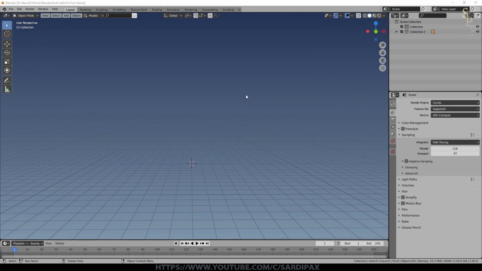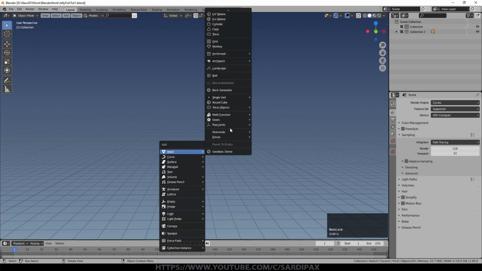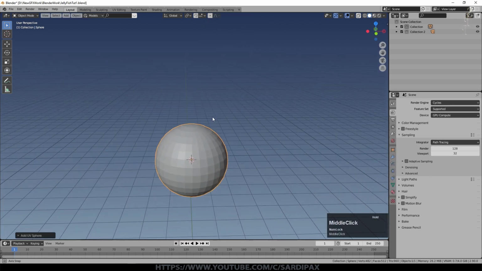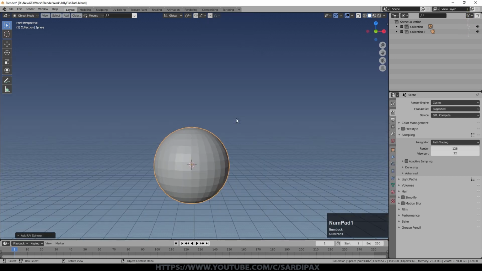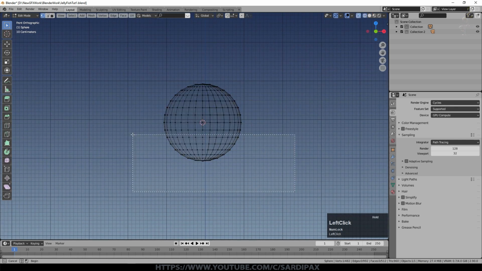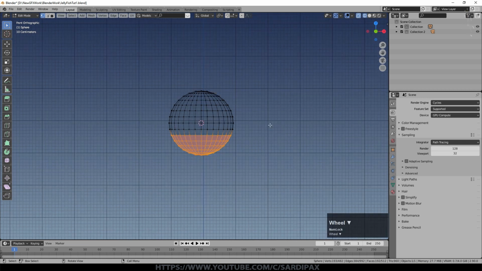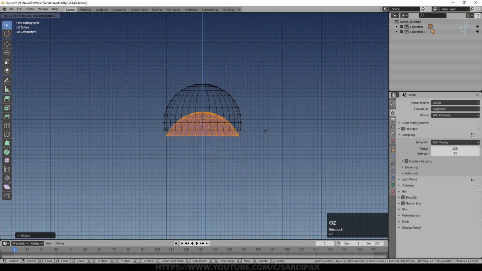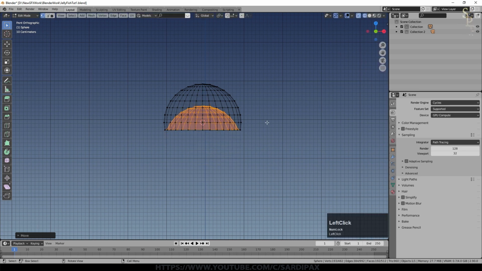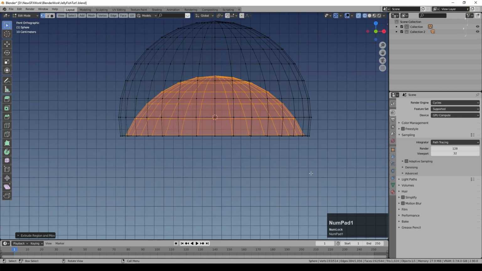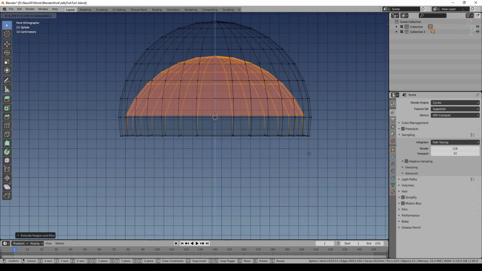I tried a number of different ways to do this, but the one that ended up working the best was probably the simplest approach. So I'm going to start with a UV sphere, and that's quite useful just in the way that it works for this particular approach. And go into edit mode and wireframe, and we'll just select this area. We'll scale Z -1 and then GZ and move that up to about here. And then what I'm going to do is E, click, and then GZ.